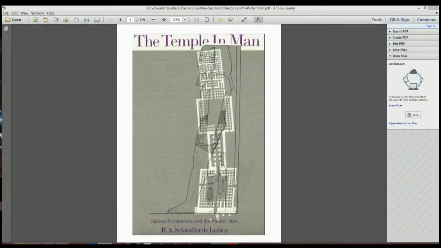Hey everybody, I wanted to talk about the next part of this Temple and Man. We're going to take a look at the Church of the Gesu and some of the sacred geometry inside of it a little bit today. First I wanted to start off though with something from Orion de Lubic's The Temple and Man here that you see,